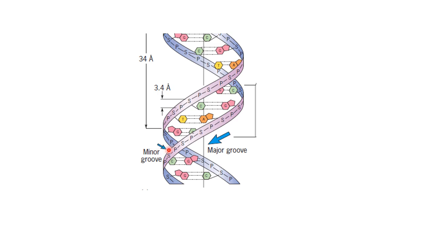Here this is the minor groove of the DNA, this is the major groove of DNA, and one turn of the DNA helix is equal to 34 angstrom, and there lie a total of 10 base pairs in one turn of DNA. So the distance between two adjacent base pairs is 3.4 angstrom. So if 3.4 is multiplied by 10, then it comes to 34, and this 34 is the pitch, or the length of one turn of DNA.